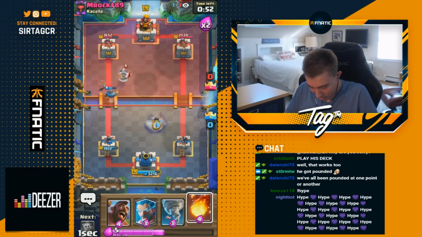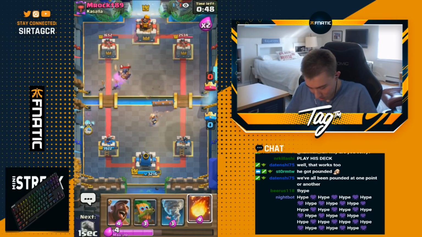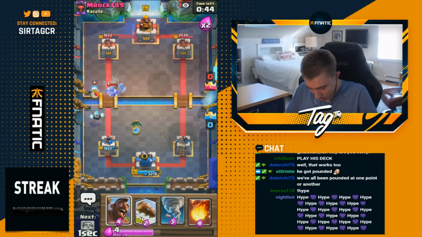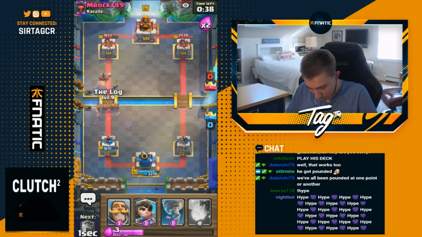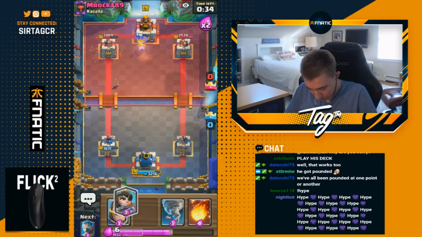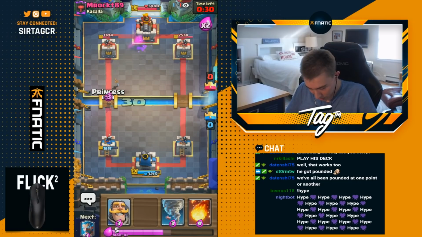Go Princess right on top. Get some easy chip. He's going to log, but he's not able to hit the tower or anything of value, so I'm okay with this. Dark Goblin is so good. He's got Lightning. It's going to go in for guards and then maybe NATO. Just NATO, okay. Well played on his end. Very well played. Princess here, maybe we can get some...